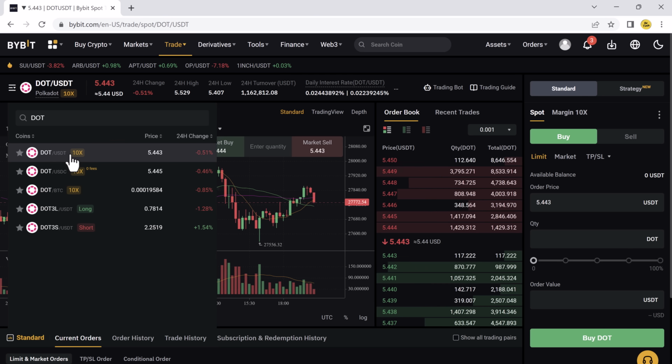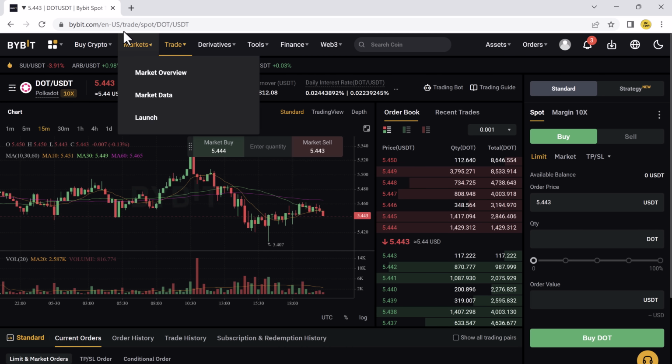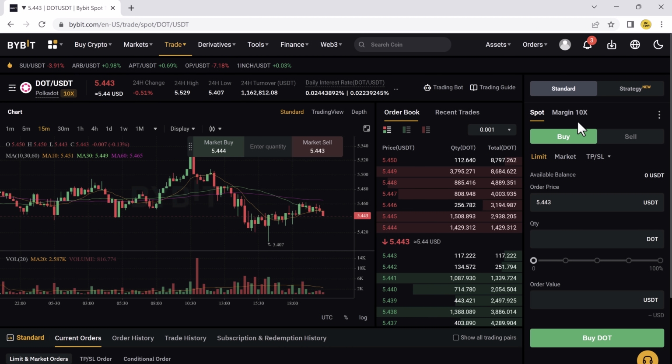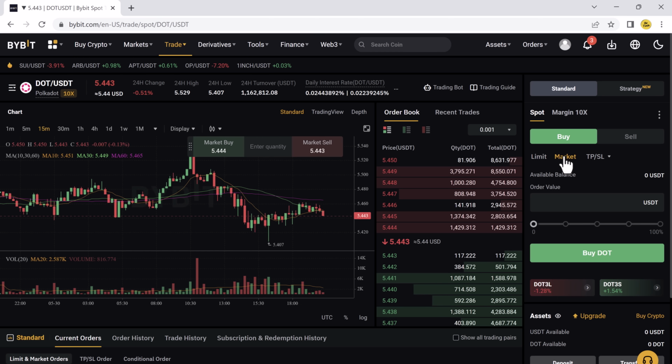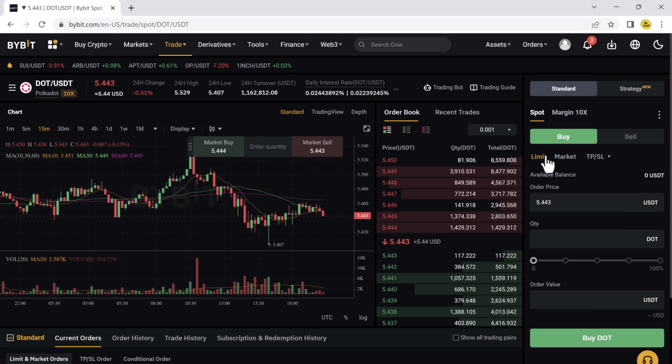You can buy Bitcoin, Ethereum, or any coin you like. Set your desired order type such as market or limit order. If you want to buy at market price, you can go ahead, enter the amount of USDT and click on buy. And if you want to set the limit, for example, the current price of DOT is $5.44 and you